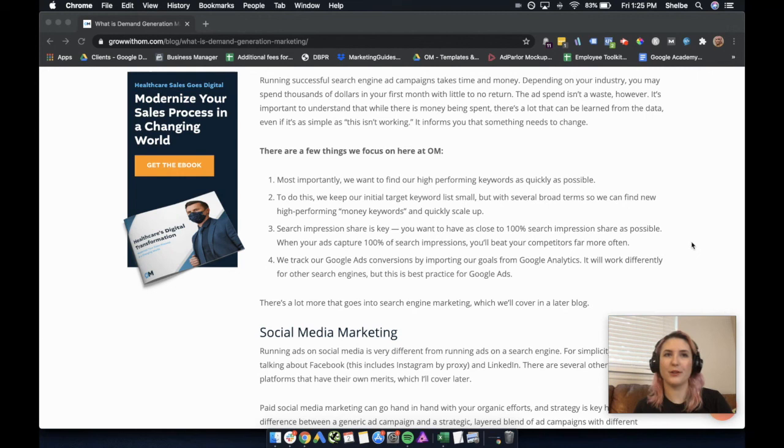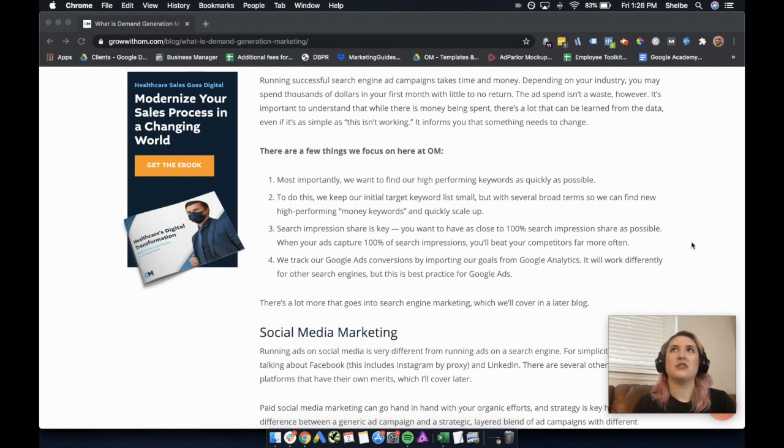So what we would look for, for OM, we would use plus digital, plus marketing, plus agency, and we'd probably get some undesired keywords, search queries in there. But we could learn from that and add those to negatives. At the same time, we would also probably get some good ones. Maybe we'd get a gold mine like